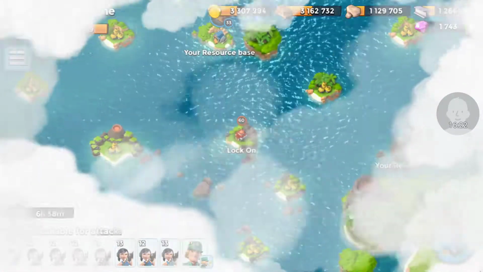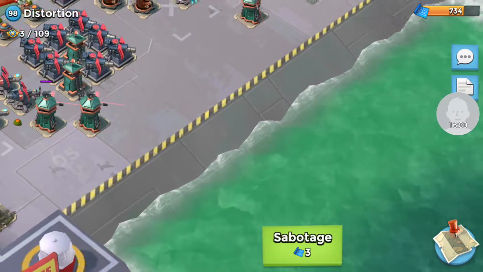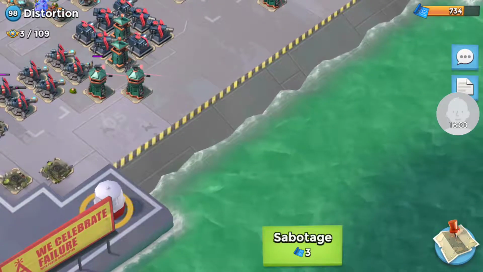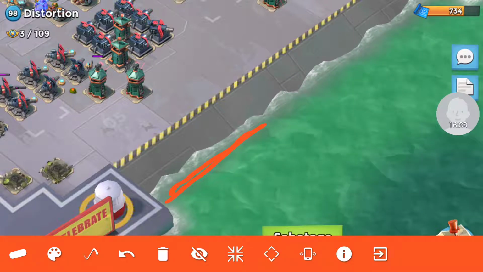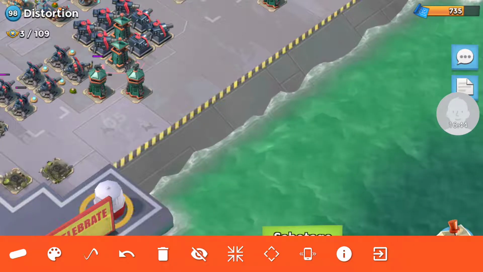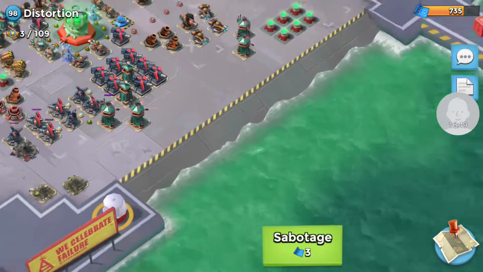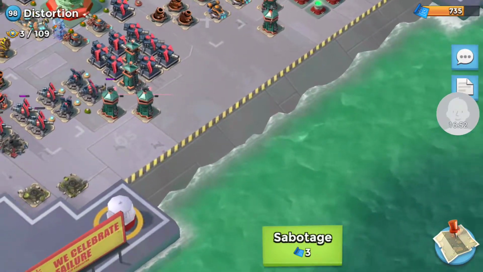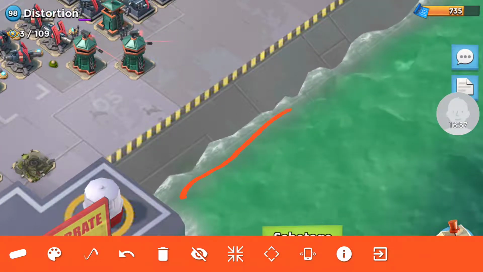Another thing I can go over is where your troops are going to walk on the edges of bases. Distortion has a left-handed base, has a left-handed shore. So your troops are going to walk below the waterline on this shore. That's important to remember because you want to know where to drop the smoke. So if your troops are going to walk below the waterline,